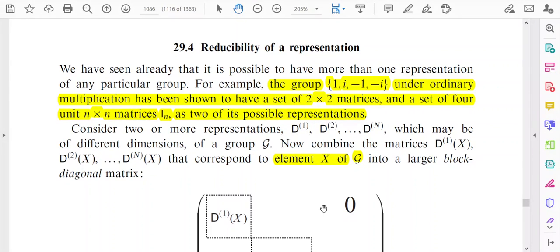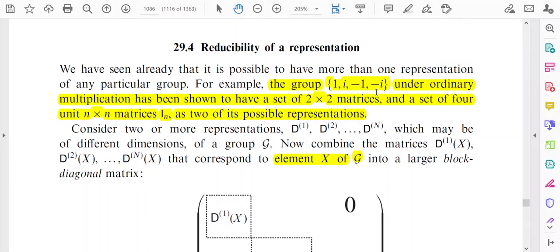In this lecture, I will discuss the reducibility of a representation, and the content of this lecture is from the textbook Mathematical Methods for Physics and Engineering by Riley, Hobson and Bence. Now, in our earlier lectures, we have already seen that it is possible to have more than one representation of any particular group. For example, if you consider the group 1, i, minus 1 and minus i, comprising these